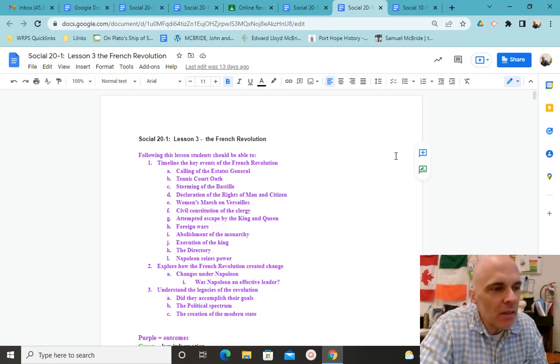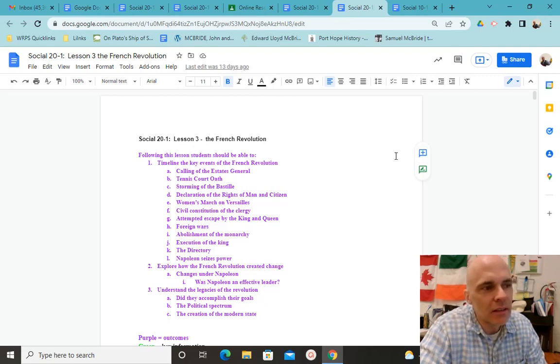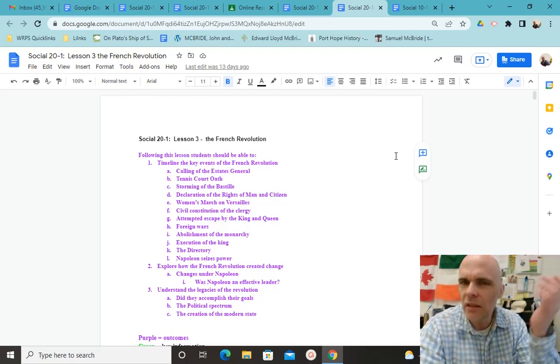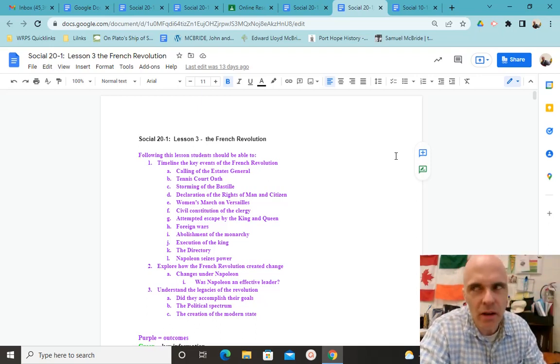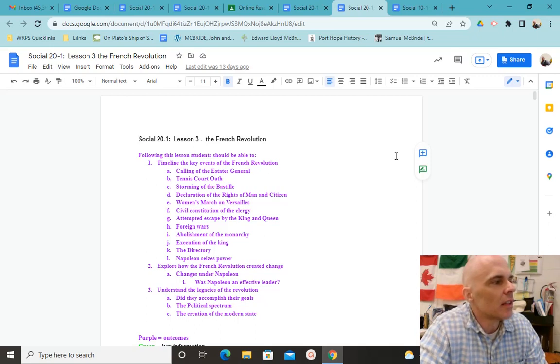Well, in their attempt to flee, King Louis is very foolish, I would argue, in that the legend goes that he's tipping people as he goes with coins that have his face on it. And then he reveals his face and people identify, hey, this is the king. He's trying to flee France. And he's captured by revolutionaries and sent back to Paris.